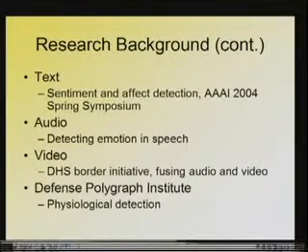And as I mentioned with the security evaluations program, one of the parties that's interested in that is the Defense Polygraph Institute. Some of the traditional physiological detection of deception, like lie detectors, has been called into question by some studies. They're interested in trying to move beyond that, or to look at situations, say interrogations in a battle setting, where you can't strap on all the equipment or something like that.